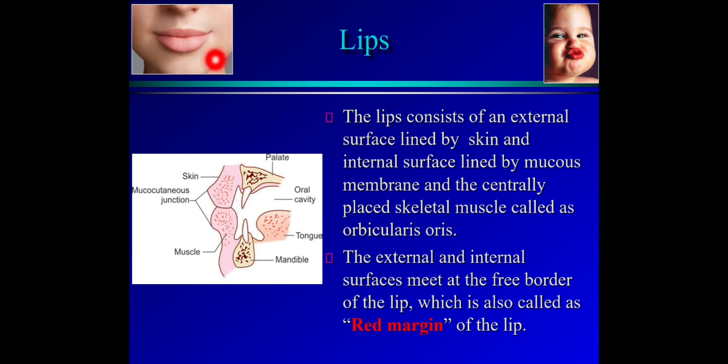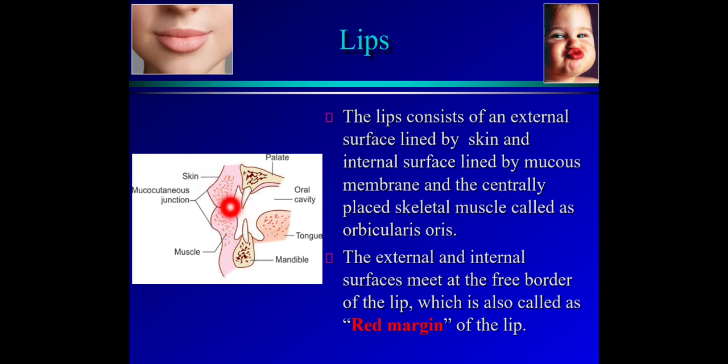This is the mucocutaneous junction, where the mucous membrane from the inner aspect comes here and the skin is on the outer aspect. And here this is the transitional zone. This red zone which is seen here is the transitional zone. On the inner aspect of this part there are numerous blood vessels present. That's why this looks pinkish or reddish in color in a thin-skinned person. Okay, so this is the lip. This border present here is called the vermilion border, or it is also called the mucocutaneous junction.